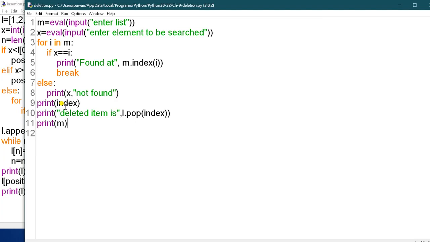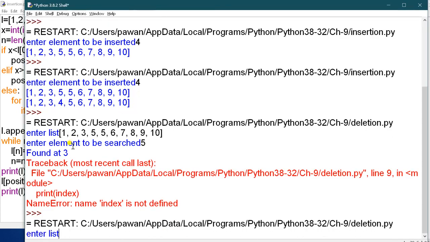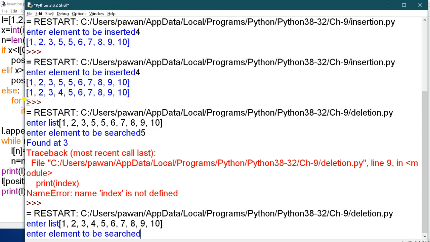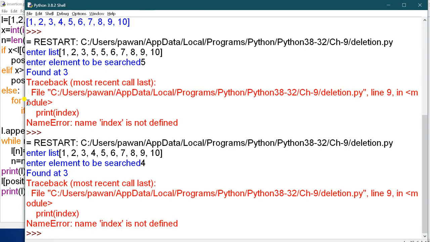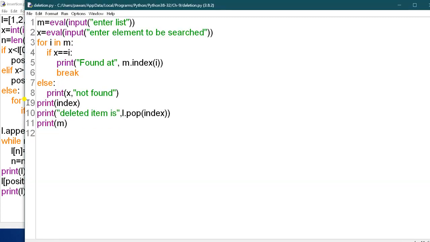This print index, it is not found, this one. Let me check. Okay, this M, print index. Let me check this.